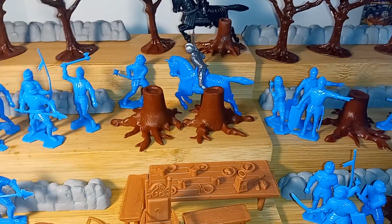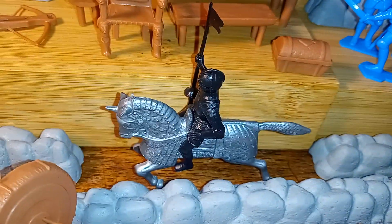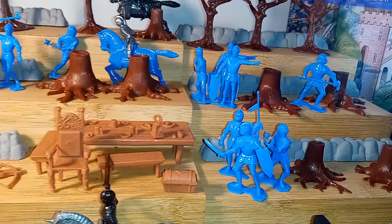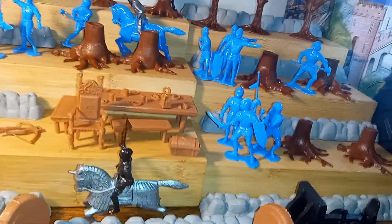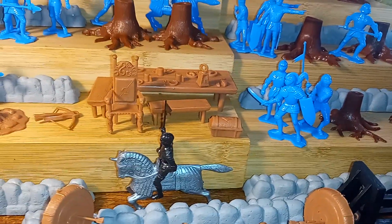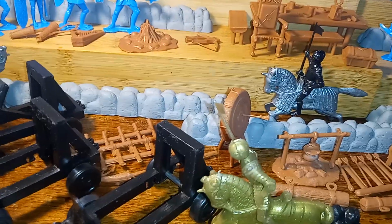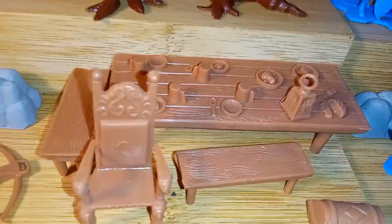Anyway, there's silver, powder blue, bronze, and black knights. Here's an example of the black knight, the bronze knight, and the silver knight. So it comes with, let's see, what was it? 2, 3, 4, 5, 6, 7, 8, 9, 10, 12 mounted figures. There's really not a shortage of things in this set. I think it comes with something like 200 pieces. You get 4 catapults, and you get the dining hall accessories,